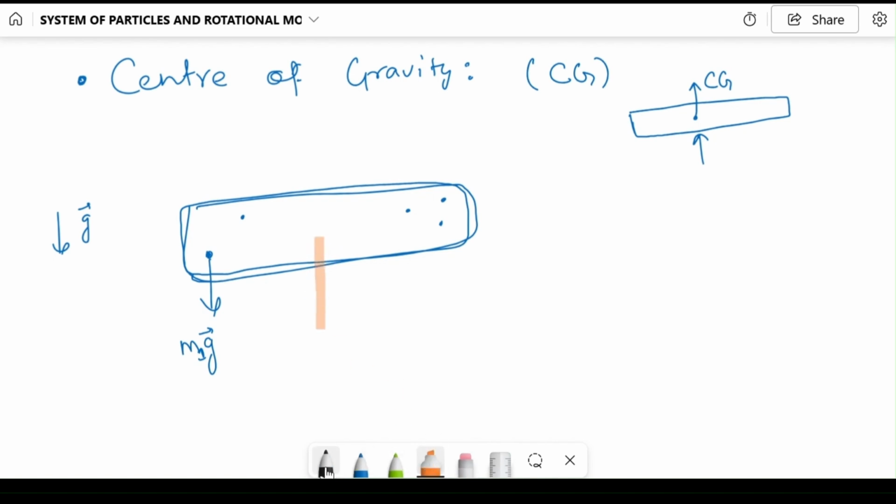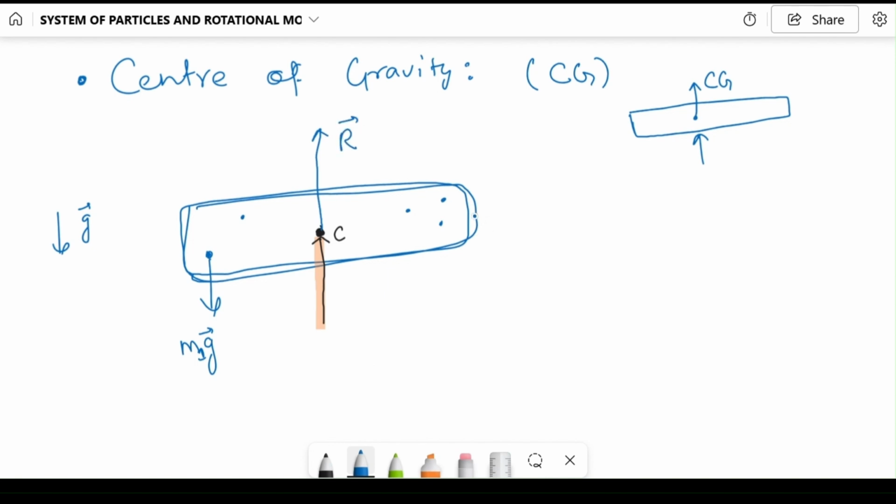And if you are balancing this thing on the tip of something, okay, let me use another color. So if you are balancing something by applying a force at this point, and if this extended body is in equilibrium, equilibrium means rotational as well as translational equilibrium, then this point is the center of gravity, where let's say you are applying a force